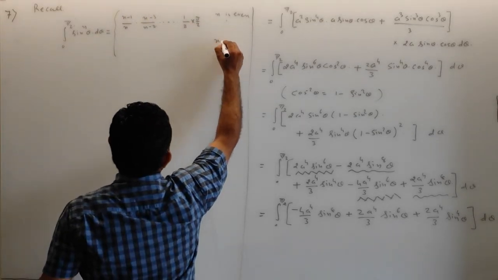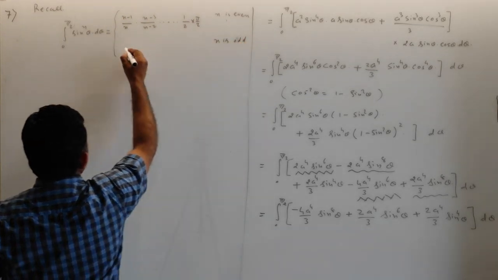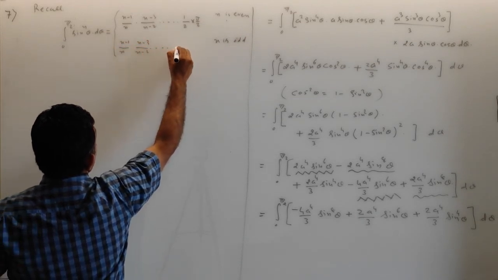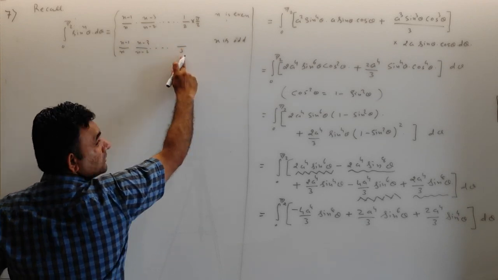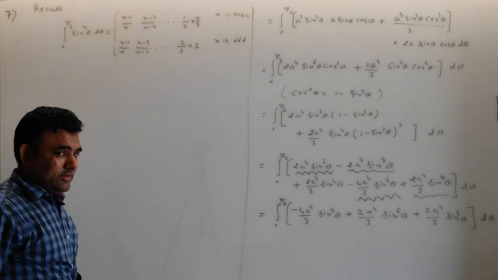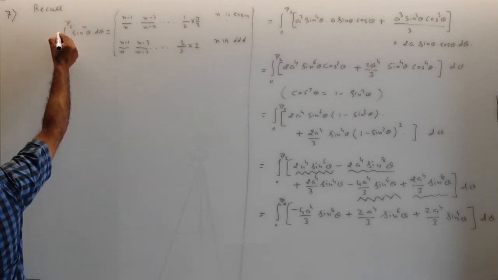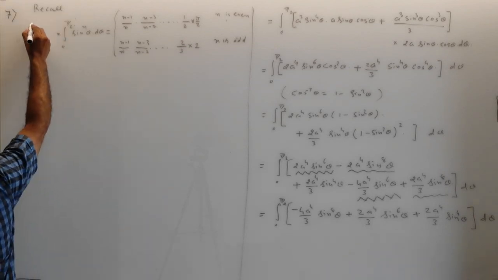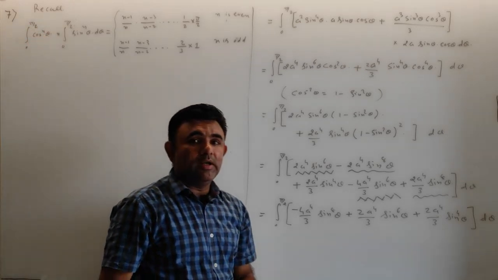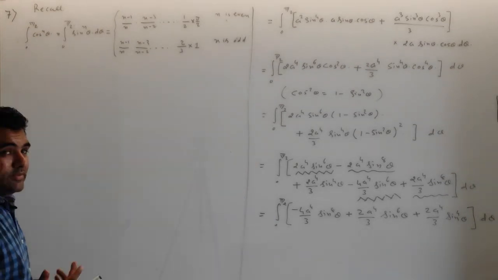And if n is odd, then again the same way, n minus 1, n minus 2, n minus 3 and so on. You will be left with 3 and by 2. And no need to multiply pi by 2, we just multiply 1, means there is nothing to multiply. So we have this formula, and the same formula is for integration 0 to pi by 2 cos raised to n theta. For both we have this reduction formula. I hope you know this formula. We have learned it in semester 2 or semester 1.